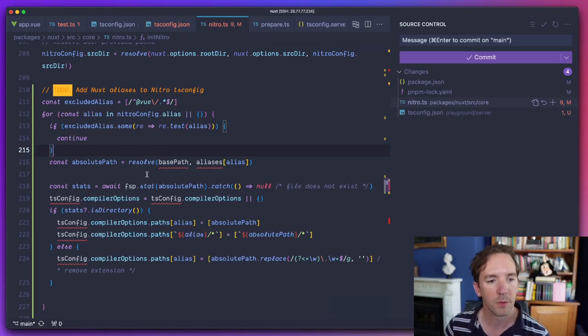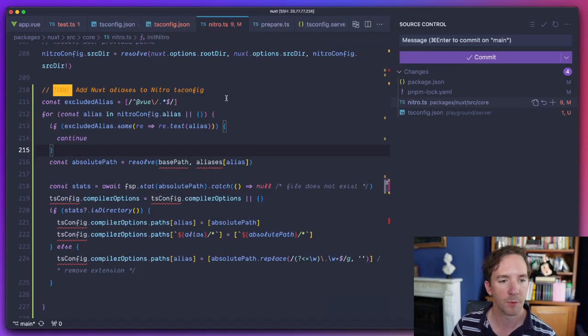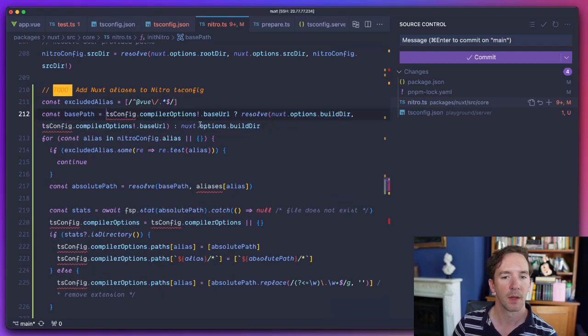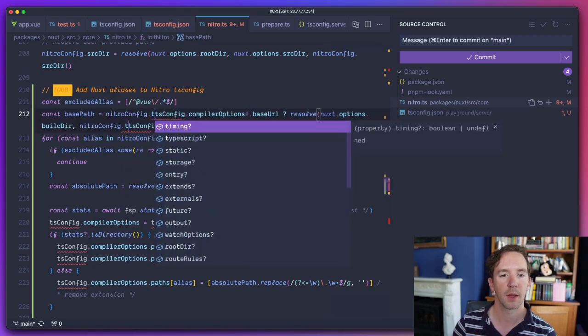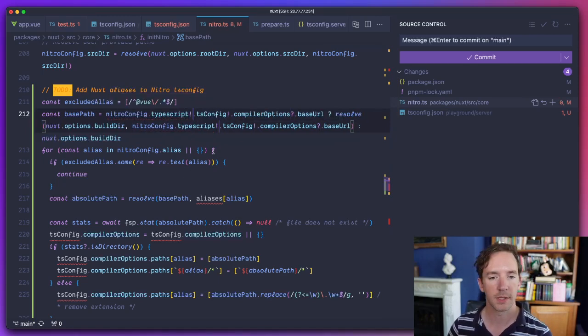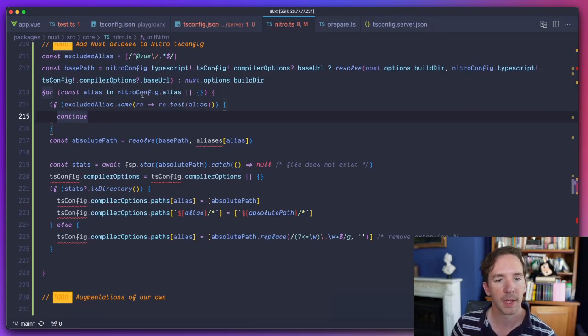Okay, we're going to have to resolve our alias. This is if users have provided their own base URL. So this will be nitro config.typescript.tsconfig. We know that exists, but this might not. We know it exists because we've just initialized it to this value. So, okay, and we basically,